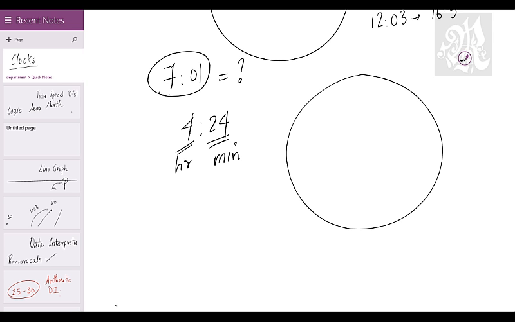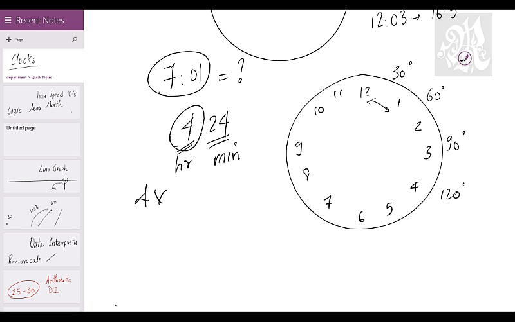Now, if I say a circle has 360 degrees, and time-wise I've divided a circle into how many parts? I've divided a circle into 12 parts, right? What is every part in degrees? 30 degrees. So you can say at 1 o'clock it is 30 degrees, at 2 o'clock it is 60 degrees, at 3 o'clock it is 90 degrees, at 4 o'clock it is 120, etc. Are you clear with this? So every hour is 30 degrees. So 4 hours will be how many degrees? 120 degrees. So you'll say the initial is this much. Initial is 120 degrees. At 4 o'clock it will be 120 degrees.